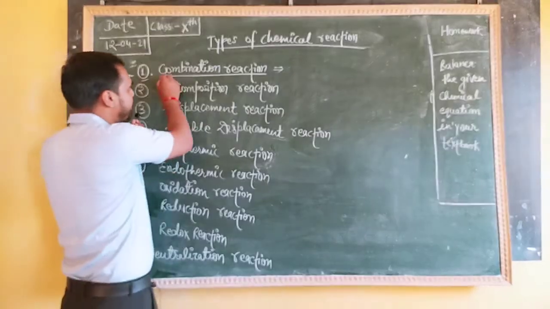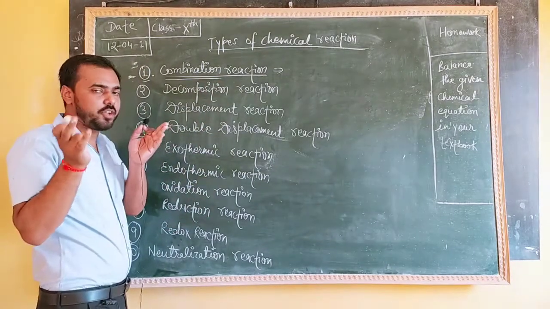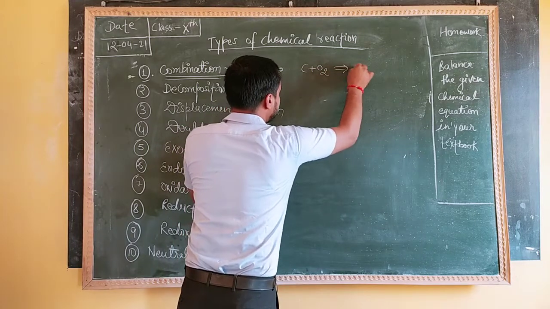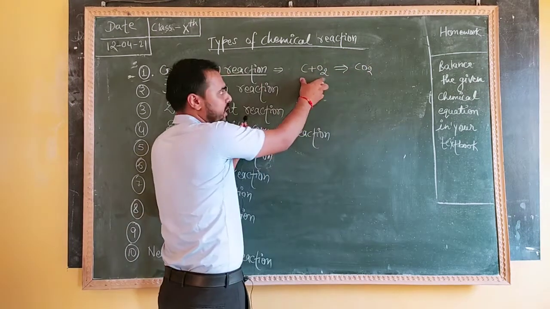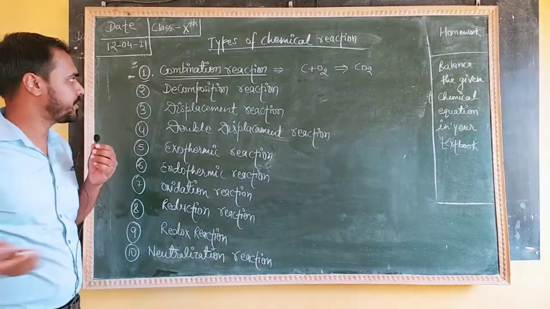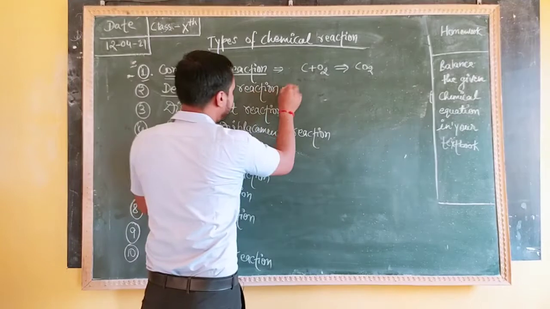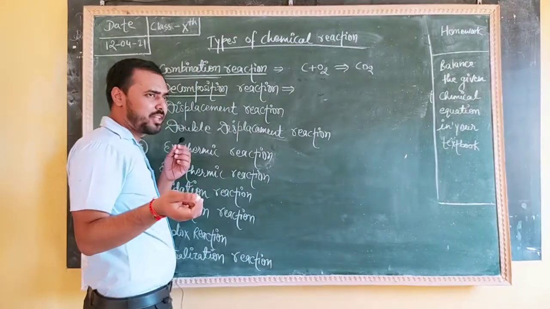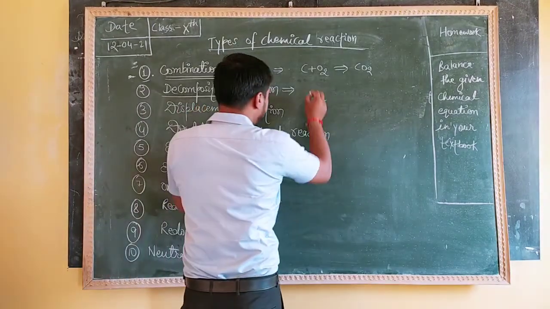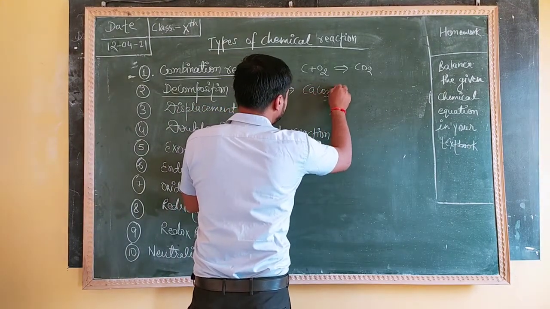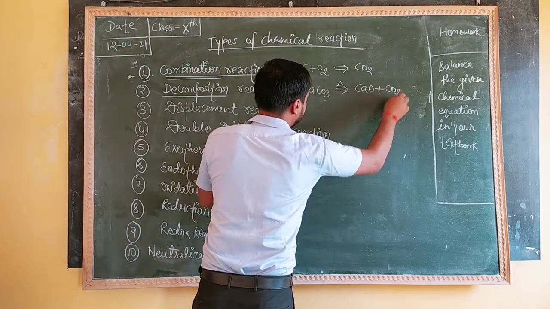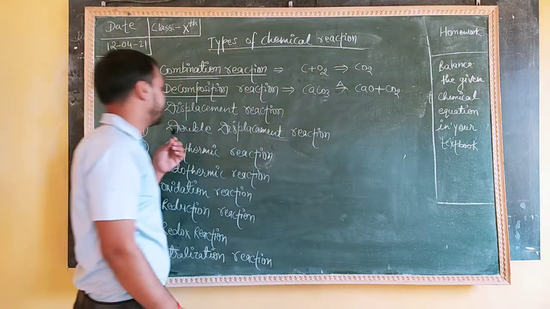Combination means to combine. Anything that is separated, if you combine it, that is a combination reaction. As an example, C plus O2 forms CO2. So here carbon and oxygen are different, now you are just combining and it forms carbon dioxide. Decomposition. Decompose means to break down. Anything that is already combined, and if you are breaking it, that is a decomposition reaction. As an example, CaCO3, when it is heated, becomes CaO plus CO2. That is the example of a decomposition reaction.